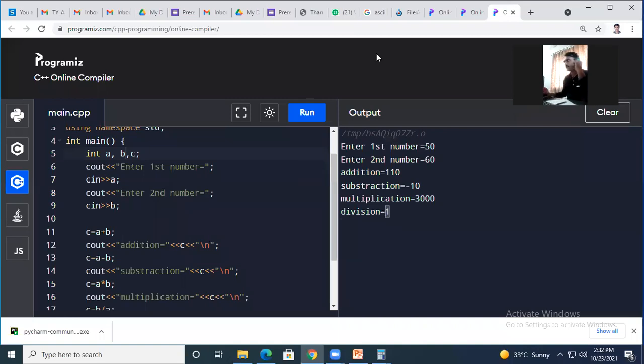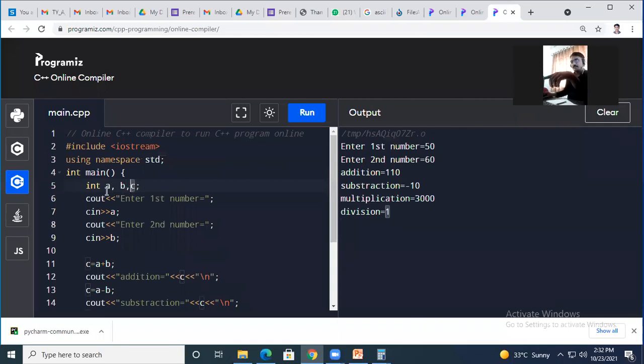Yes, can you repeat it again? We didn't declare float. Yes, correct. See, the C we have declared is of type integer. For this you need to understand there is a data type system. For numeric, it is divided into two parts. One is integer, full number or whole number, and the other is a decimal number.